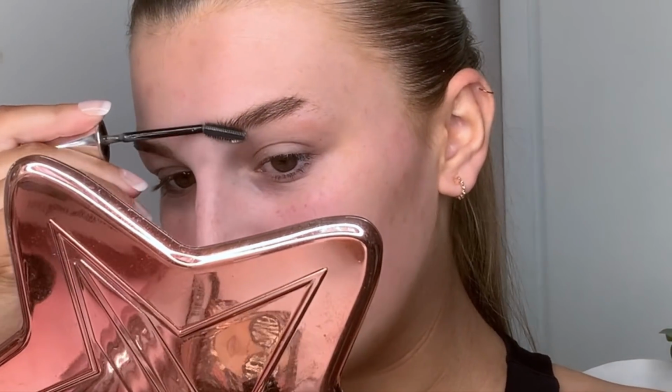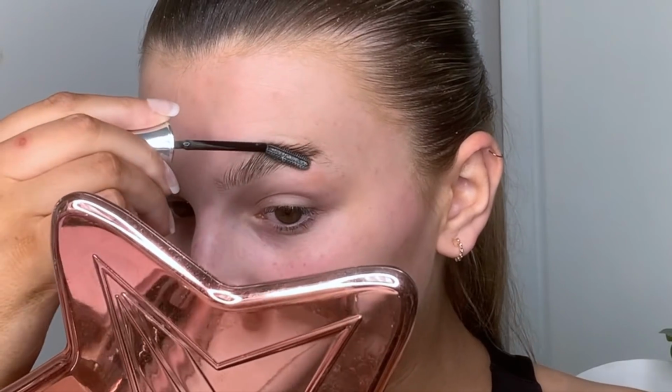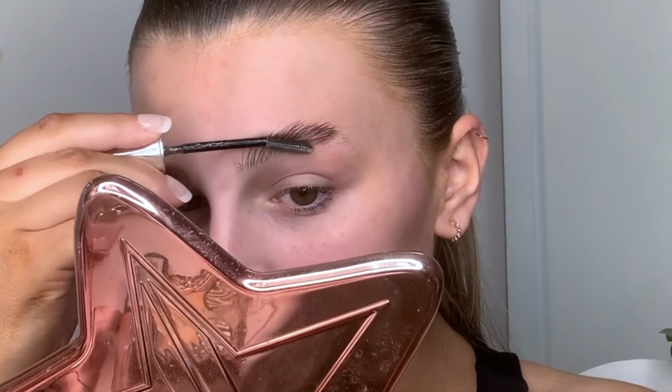So I get this Benefit brow gel and my Jeffree Star mirror, no teenage shades. Not supporting Jeffree, just already had it. I don't know if I'm not supporting Jeffree though, I'm sort of on the fence. Usually I would have shaved the ends of my eyebrows off, haven't done it, so we do look a bit jank, but that's fine. Start off with combing quite a fair bit of this product through the brow,